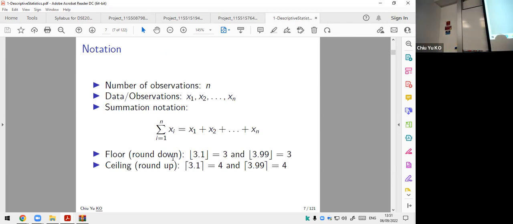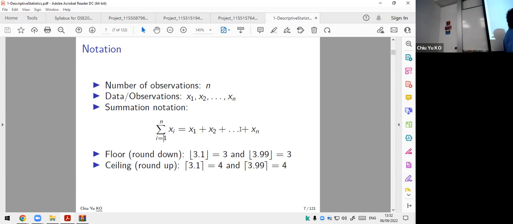We have standard notation. The number of observations is small letter n. Okay. And each observation will be x1, x2 up to xn. X1 is the first observation up to xn. Okay. And then we'll use what we call summation notation. This is called sigma, or sum from 1 up to n of xi, adding up. So this is the standard notation we're using, and it's also used in all the textbooks. It's not something I invented, but just something everyone knows. In case you don't know, it's there.